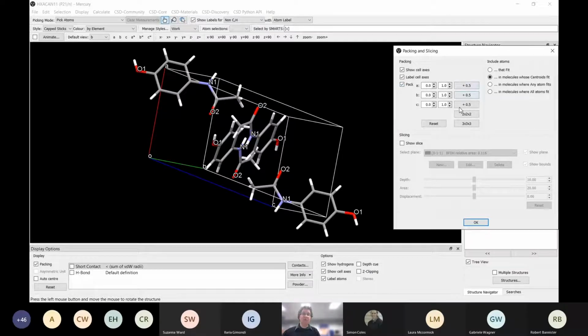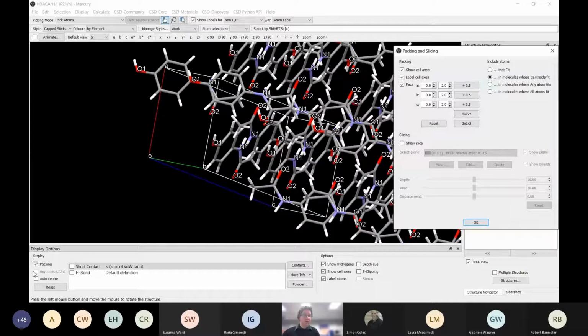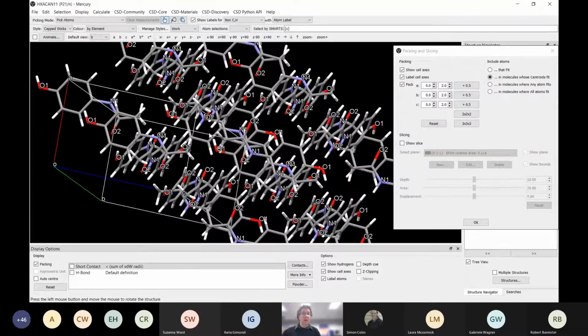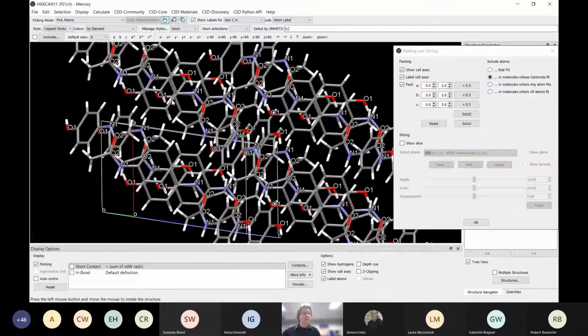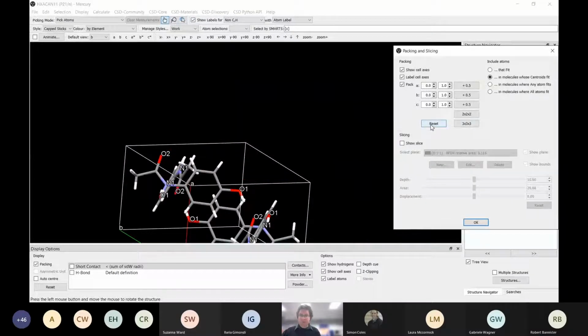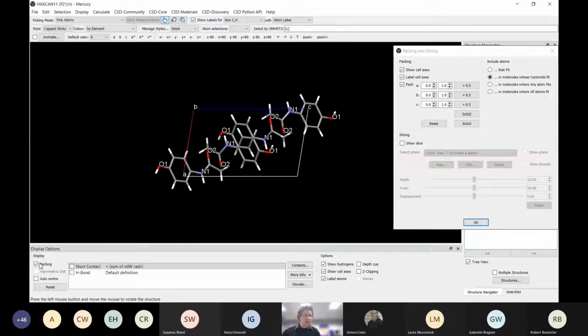So if I change the values here, the simplest thing, change it to 2 by 2 by 2, it will do the packing for me as a 2 by 2 by 2. You'll quite quickly think that this is now getting to be quite a complex structure. So I will quickly reset it back to 1 by 1 by 1. I will do the reset and the packing so it's in the middle of the screen,